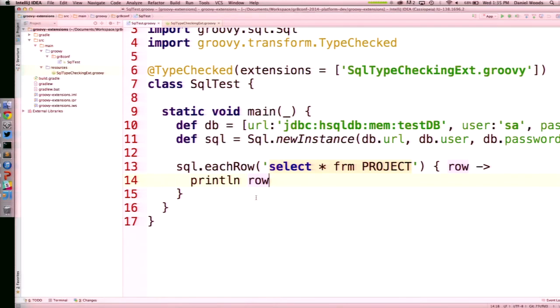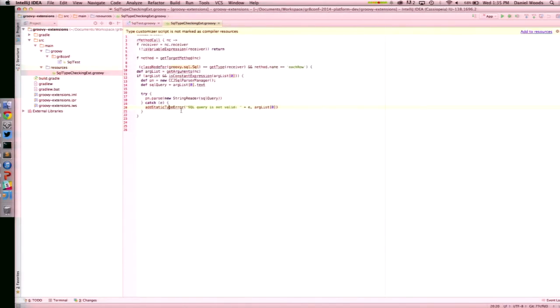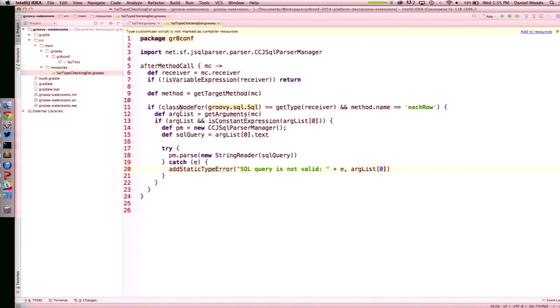But we can be really smart with Groovy because Groovy, as a framework, allows us to have influence at compile time. We can write some rules around checking this kind of stuff. And we can do that through the type checked annotation and tell it that we have an extension on the class path at compilation time that will be able to inspect the, I believe it's the abstract syntax tree. Yeah, and there's a DSL for this. But we'll be able to inspect those SQL calls that we're making, and ensure that we've done them right? So this is kind of a technical thing.